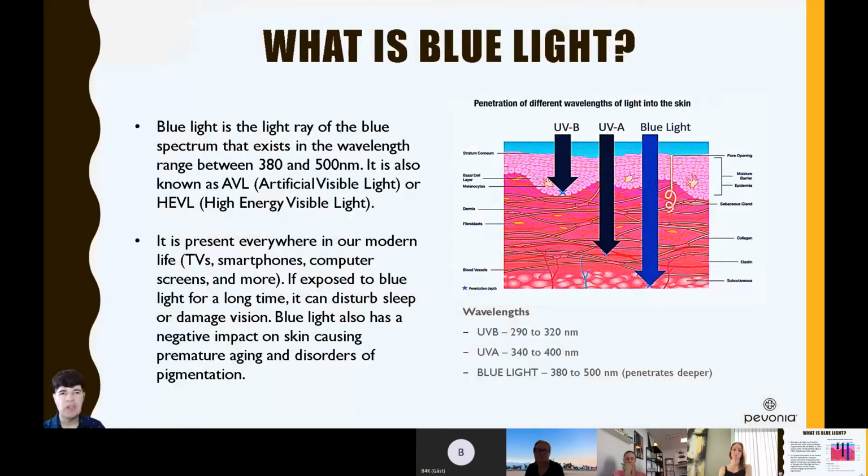And what that's going to cost the skin, basically, and accumulate in the future, is possibly the onset of pigmentation, accelerated lines and wrinkles, and accelerated aging in general, all of which you could prevent at this point if you had the proper sunscreen. So as you can see here, a study found out that HEVL, of course, is a type of light